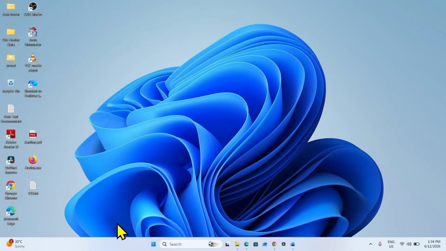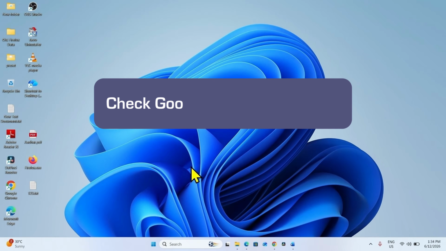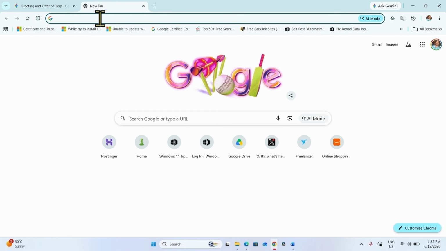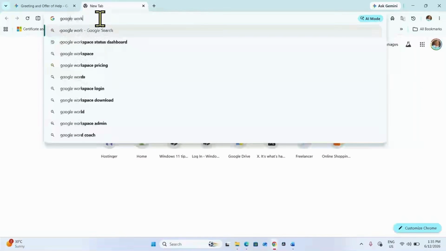Furthermore, if you are a paying user, then you can check if there is no issue with the payment on your Google account. And the last method is to check if Google Workspace is down. Open a new tab, type Google Workspace server status, press enter,